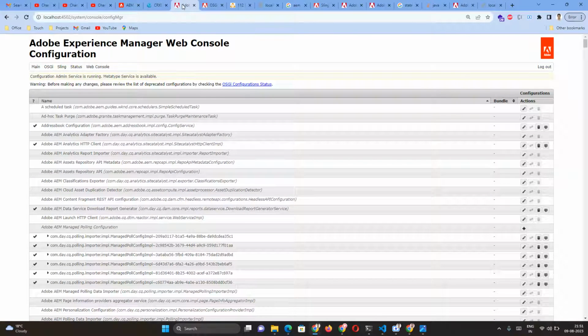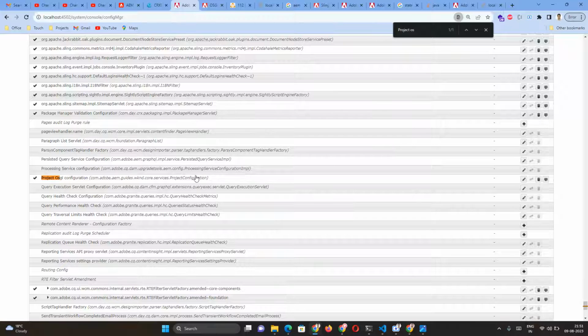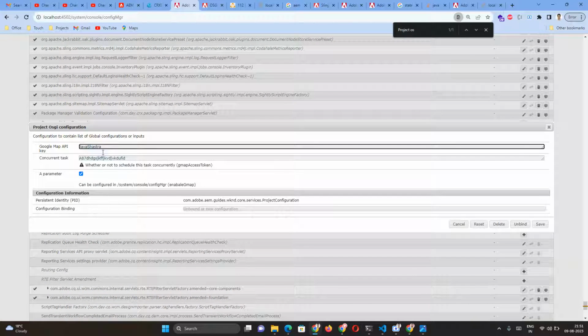Okay, now let me reload. Yeah, if you see now the Java Shastra is appearing here. Okay, so now if we go here, I just wanted to give more information. By default there was a different value, but once we updated, the updated value is appearing in our OSGI. So in this way we can provide the value related to